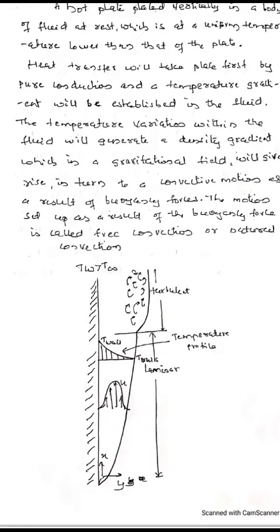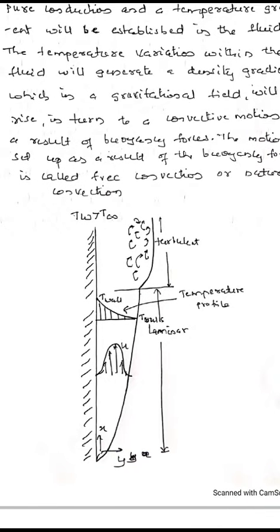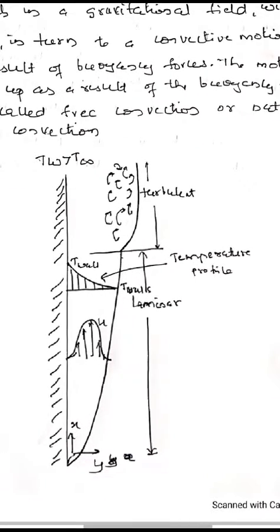Whereas forced convection is where the fluid is forced to flow over a heated surface. In forced convection, an external means such as a blower, fan, or pump is used to force the fluid over the heated surface. Whereas natural convection takes place due to buoyancy force, which is due to density difference, caused again by the difference in temperature.